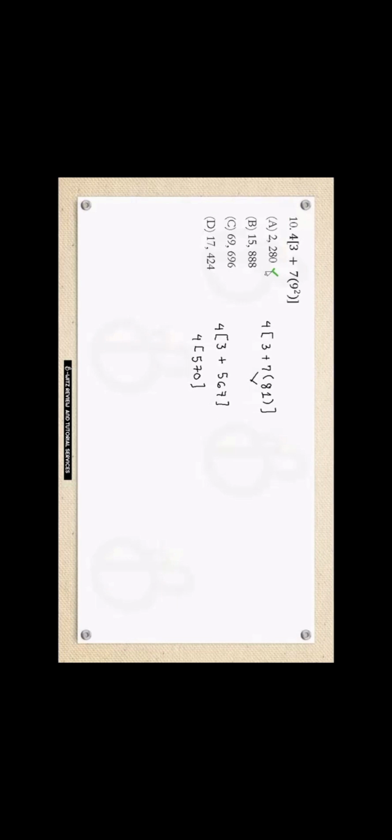Now, another common sense solution here: take note that we know that 9 squared is equal to 81, right? And this one is large, and multiplying it by 7 gives something near 560, right? Finally, multiplying by 4 and adding a small number like 3 suggests the answer is in the 2000 range. So as you can see, 2280 is the correct answer here. We could not have letters B, C, and D because these are too large compared to our estimate here.